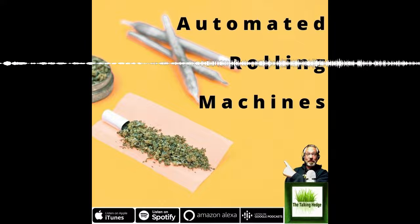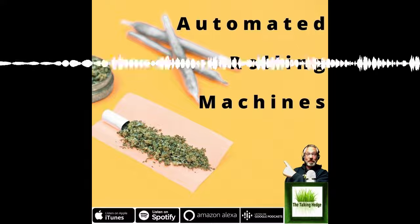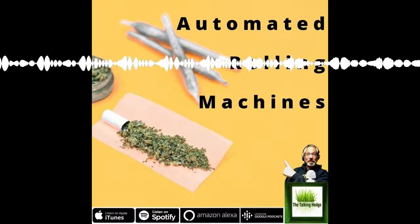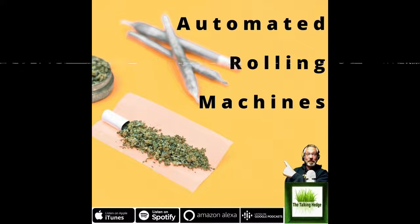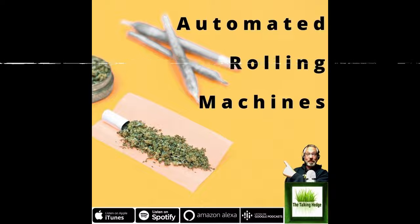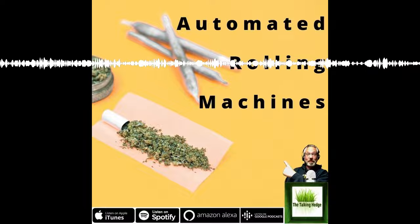So let's go to my favorite machine overall. All right, favorite machine, cylindrical joints. It's got the best experience, best draw. For me, this is the only one on the market that can do it fully automated without like a spongy crutch, without annihilating and pulverizing the cannabis. This I've gone down there, and interviewed these guys, and this machine I think is going to revolutionize the way